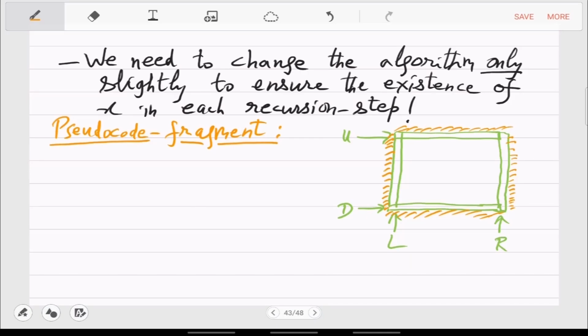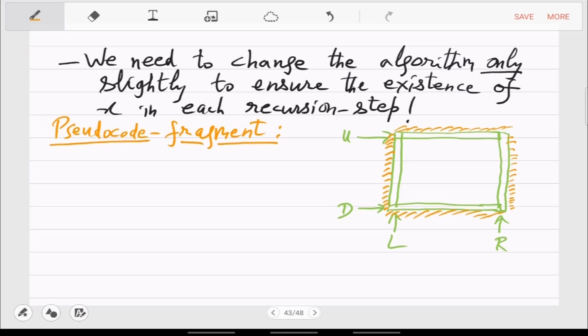You have the invariant that between L, R, U, D, you have an element which is smaller than every green cell. Okay, there is an X inside which is smaller than every green cell, which means the four spaces which I have drawn in green. This has around 4n cells. Each of these 4n cells has a value which is bigger than this distinguished element X, which lies inside.